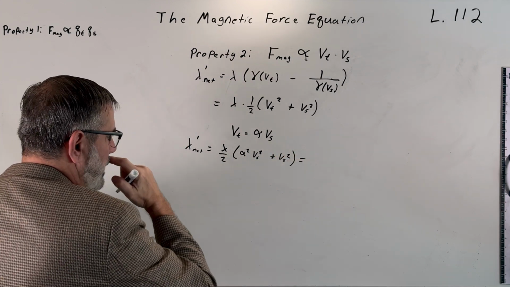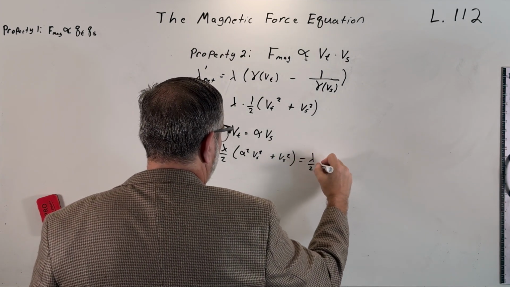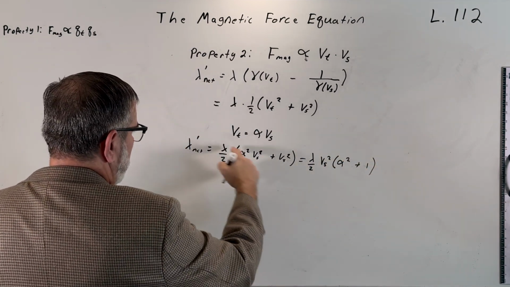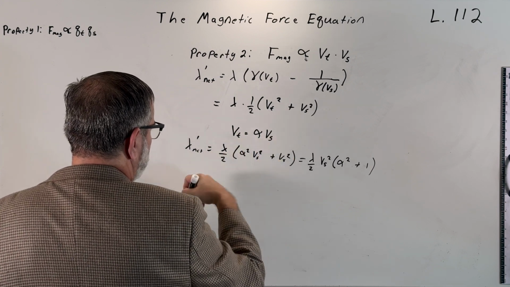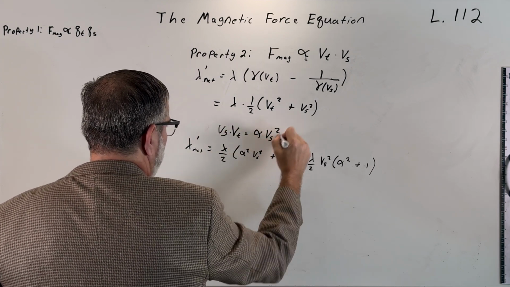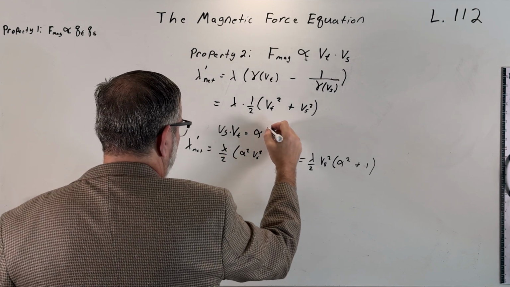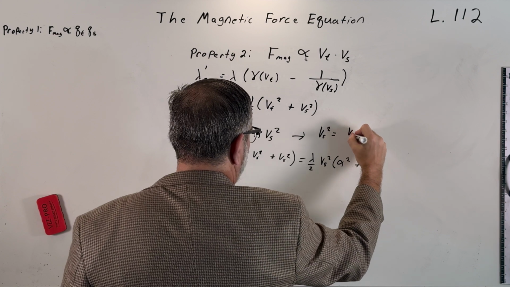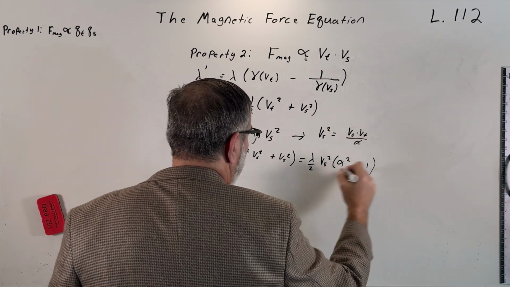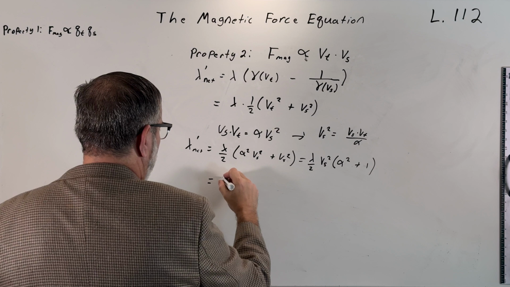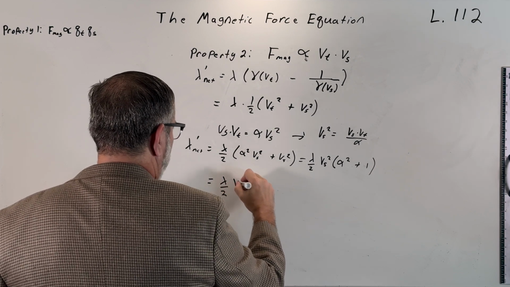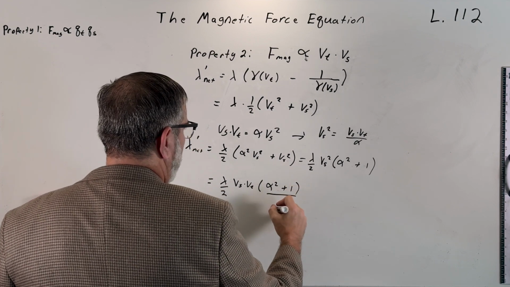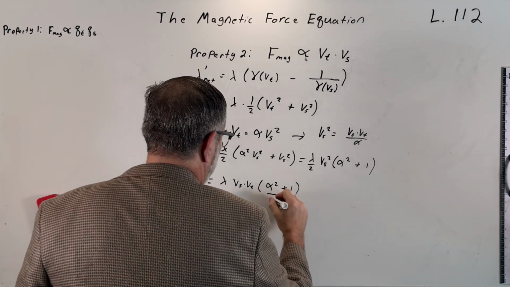You can see I can factor out v sub s squared from both of these. That gives me lambda over 2, v sub s squared times alpha squared plus 1. But if I multiply this equation on both sides by v sub s, this becomes v sub s times v sub t equal to alpha times v sub s squared, which means that v sub s squared can be written as v sub s times v sub t divided by alpha. So that would look like lambda over 2 times v sub s times v sub t,